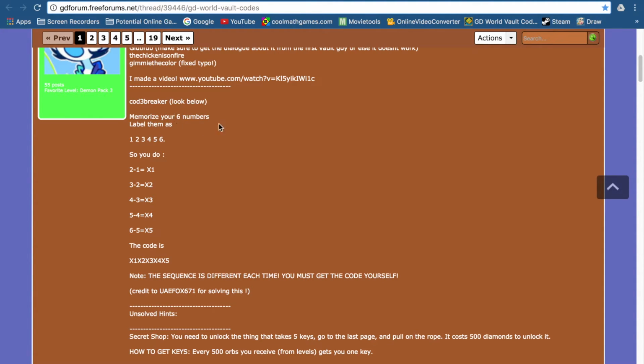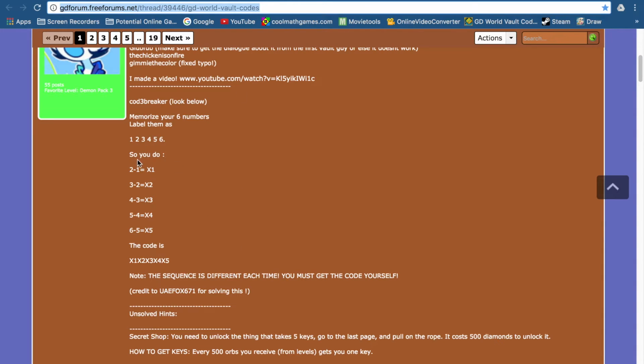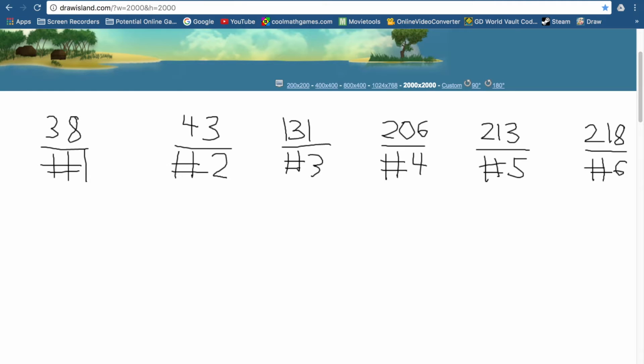It says memorize your 6 numbers and label them as 1, 2, 3, 4, 5, 6, or hashtag 1, hashtag 2, hashtag 3, hashtag 4, hashtag 5, hashtag 6, just so that represents the order of the numbers. But what you're really going to want to know is the numbers. So these are the equations that you need to do, and you need to actually perform a couple of math equations. So you need to subtract each number by each other.